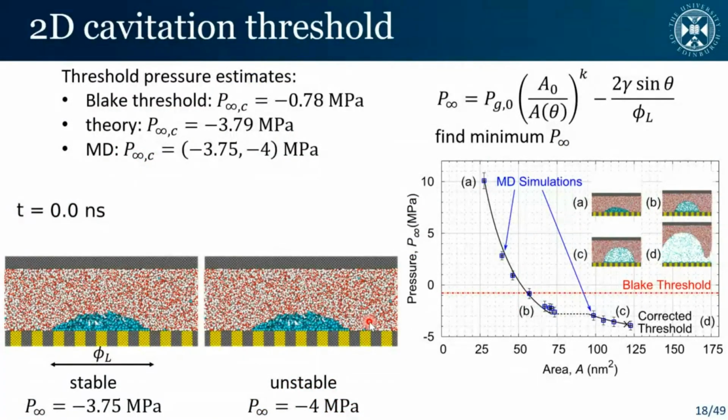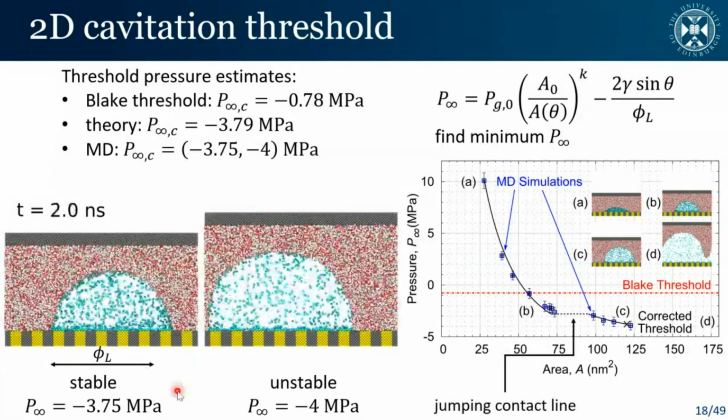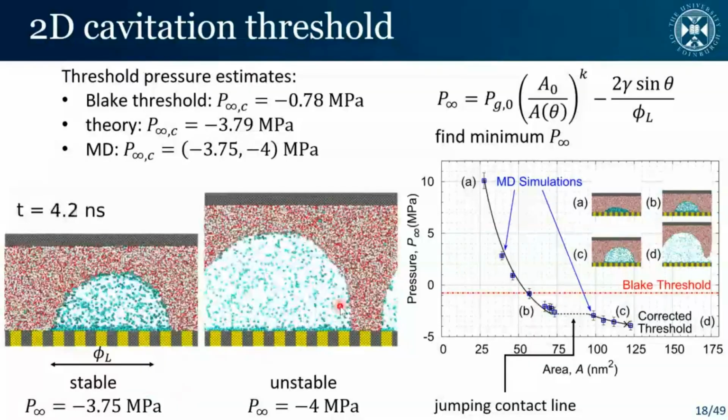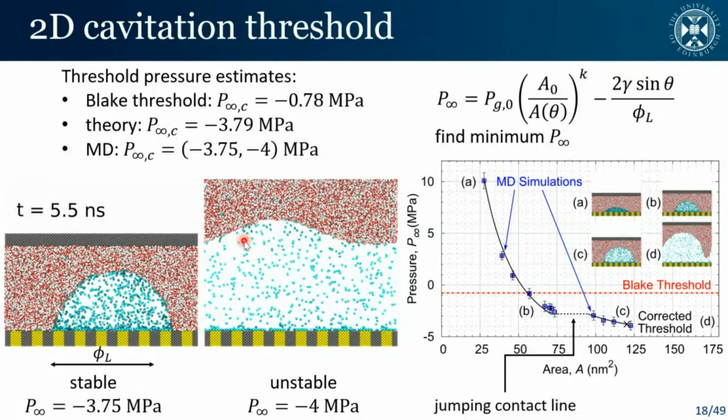This is one of the first pieces of work I did. This is for a 2D surface nanobubble on a surface. I ran many simulations, but we'll just focus on the two key ones here. We have either side of this predicted threshold, which is about -3.8. I'm going to run two cases here. The case on the left is just above this threshold pressure, and we see it reaches a stable size and then it just stops. But if we were to drop that pressure any lower, the bubble suddenly keeps growing and